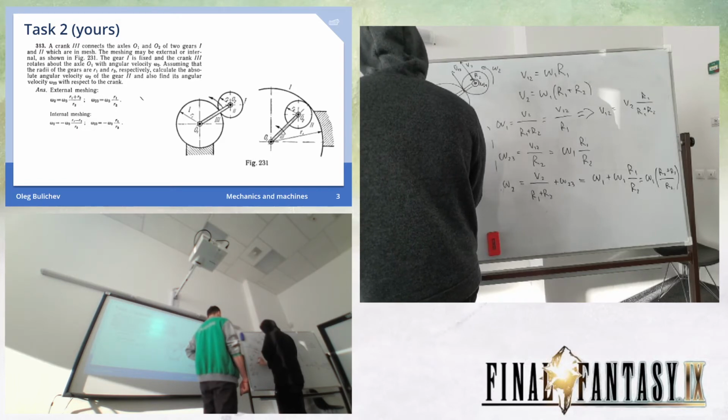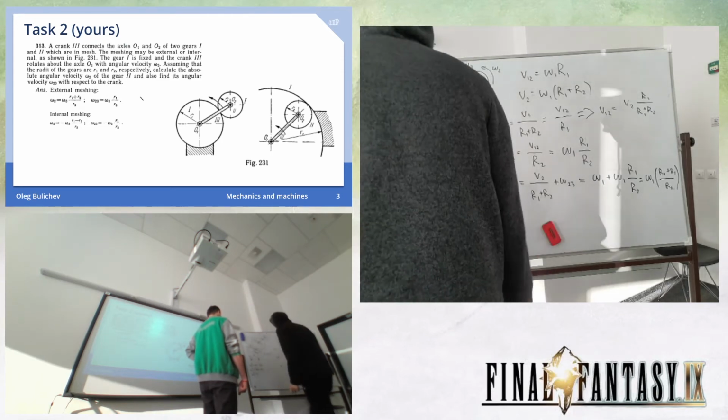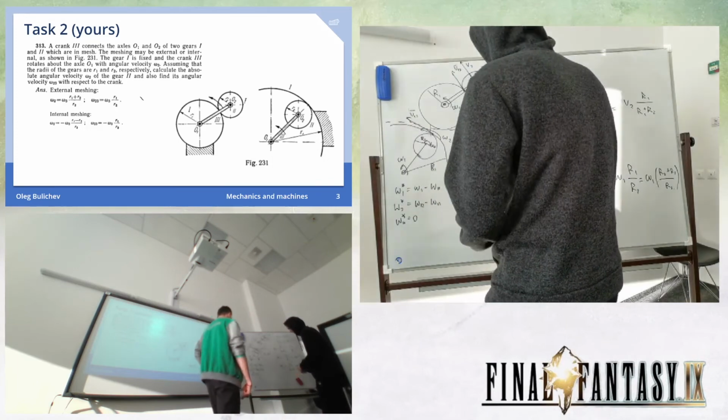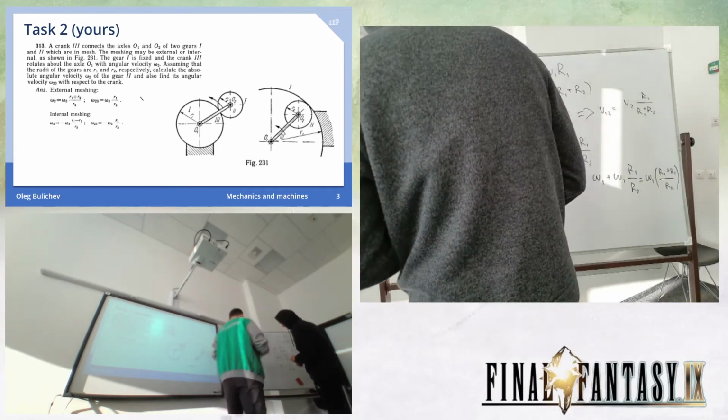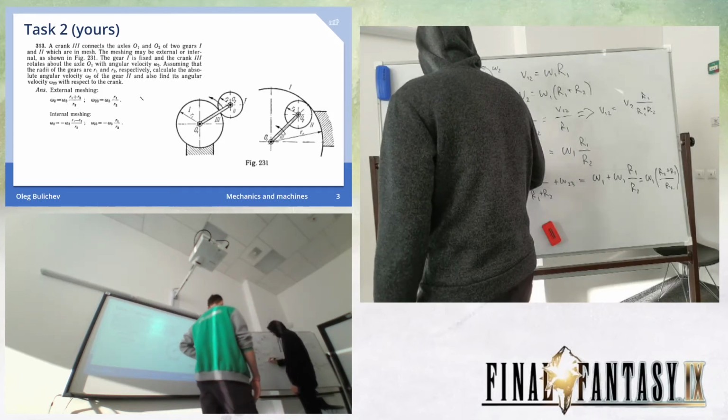Now, velocity of the center. It's V1, 2 old minus VH. So we need to write the relationship between 1 and 2. So V1 star plus